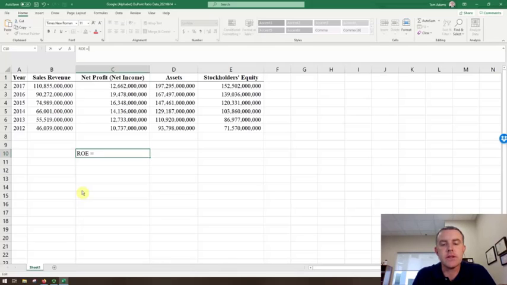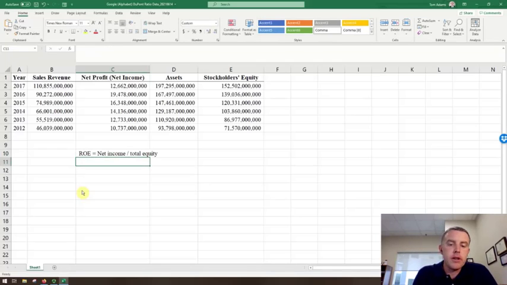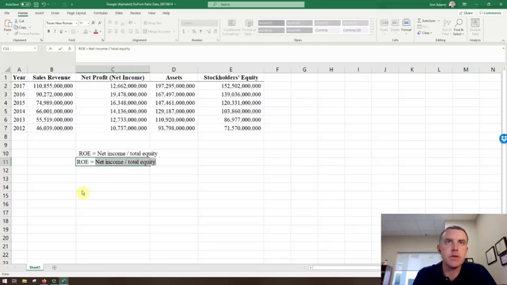Before we get into the components, let's say return on equity is basically net income divided by total equity. But what DuPont realized is that they can split this calculation up into parts. And so you can say ROE is equal to profit margin multiplied by asset turnover